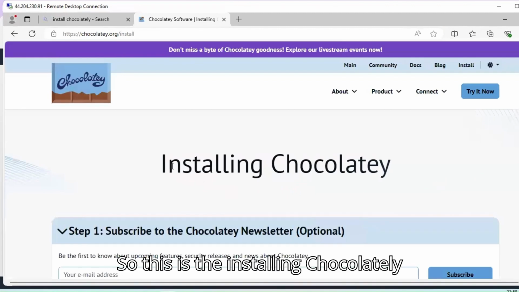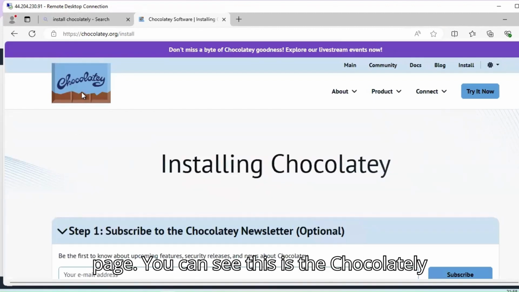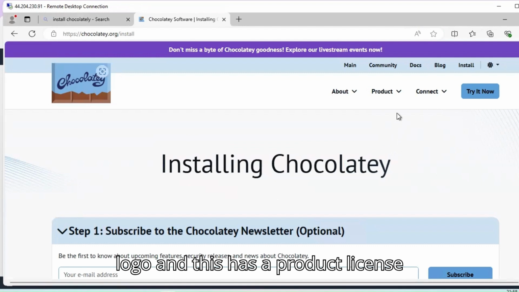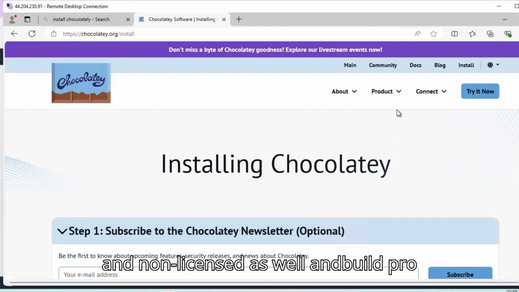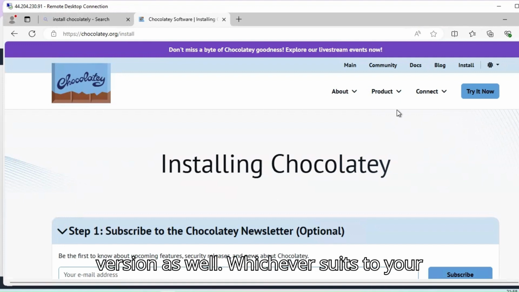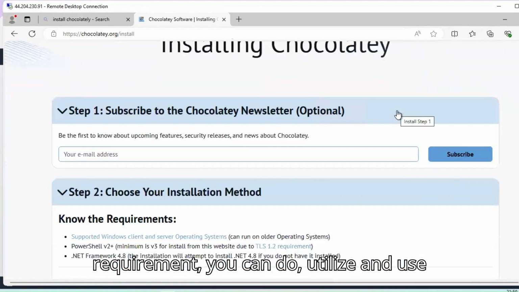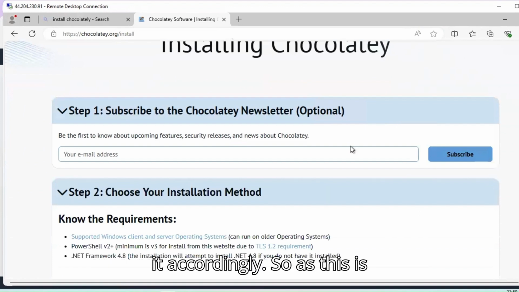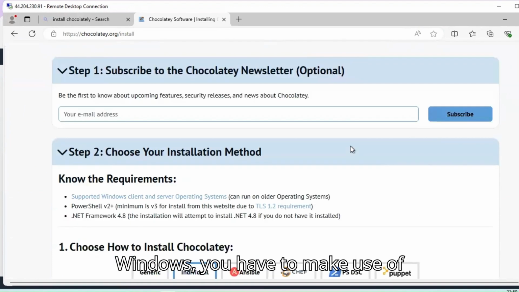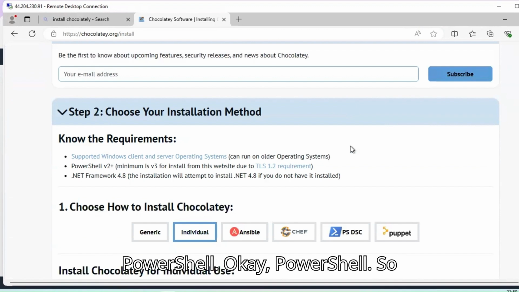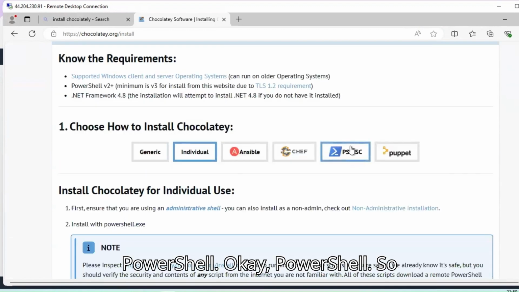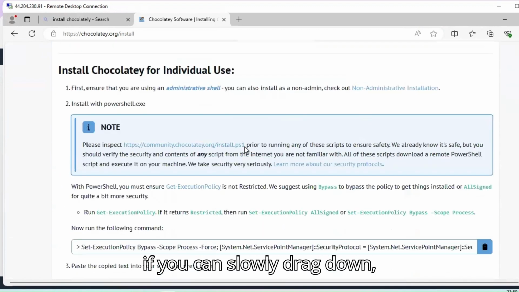So this is the installing Chocolatey page. You can see this is the Chocolatey logo, and this has a licensed and non-licensed product, and a pro version as well. Whichever suits your requirement, you can utilize accordingly. So as this is Windows, you have to make use of PowerShell. Okay, PowerShell. So if you slowly scroll down,